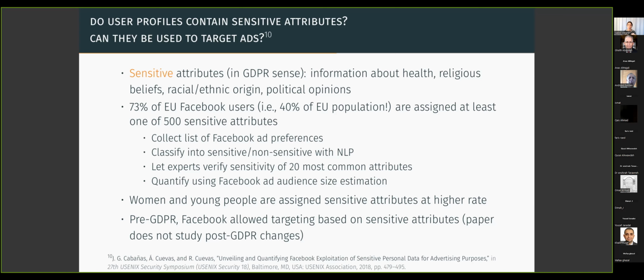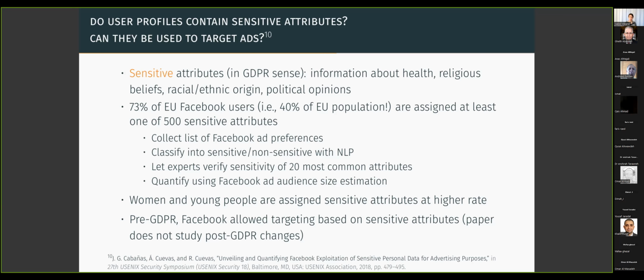And would they use those sensitive attributes to target ads at specific users? And sensitive attributes here, I mean, roughly in the GDPR sense. So that's information about health or religious views or about ethnic origin or political opinions. So things that usually you would say, I would like to keep private and not known to